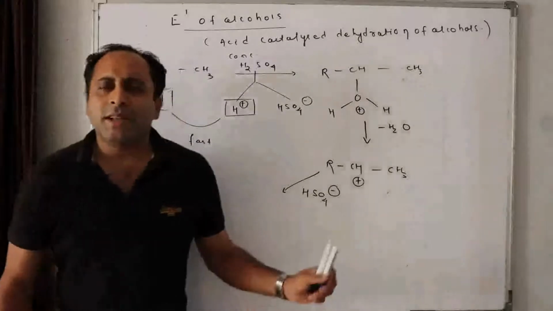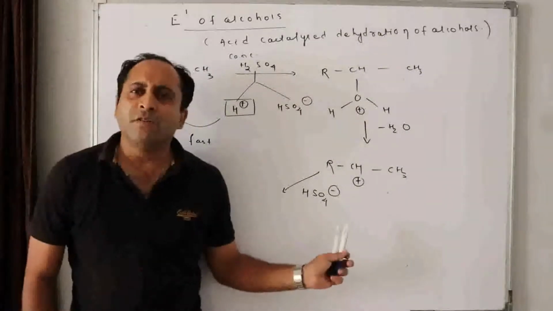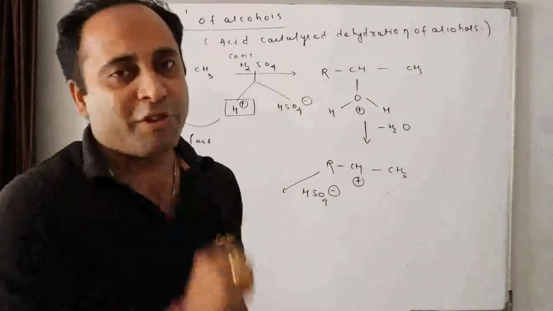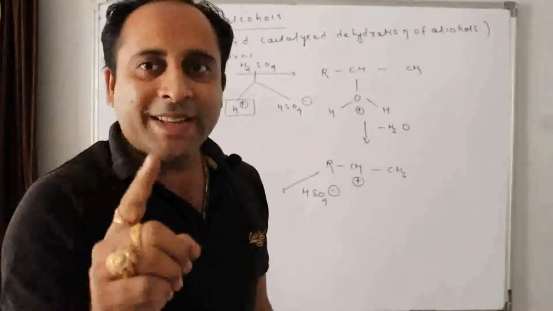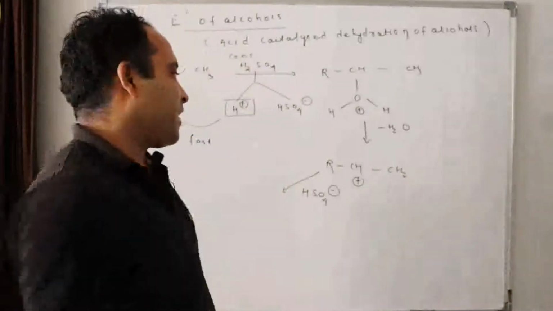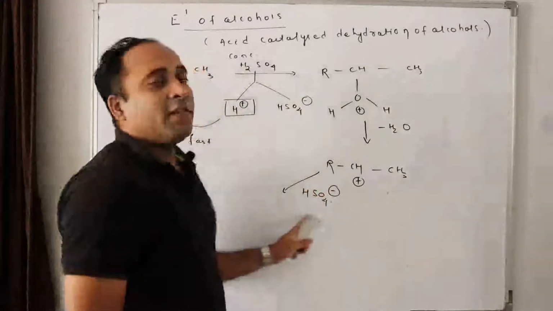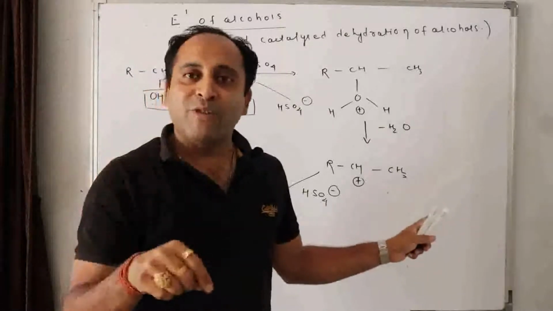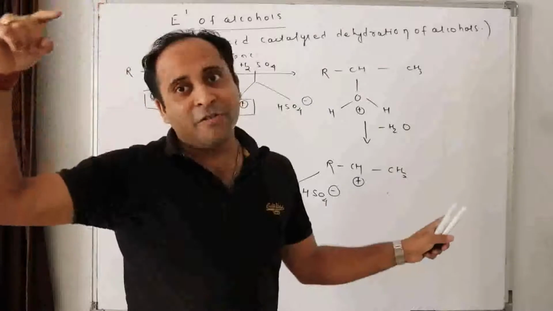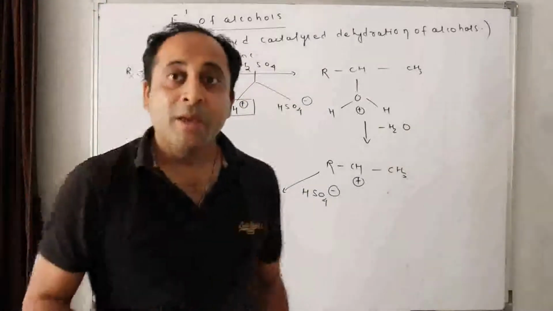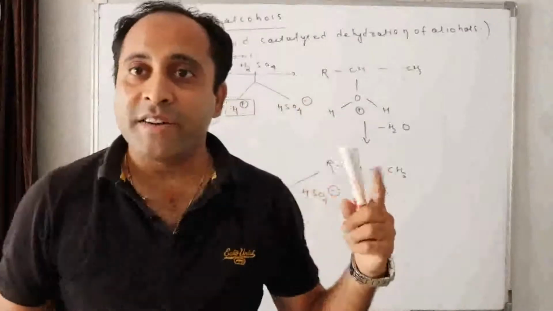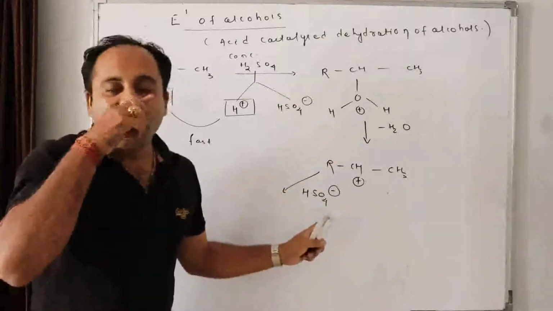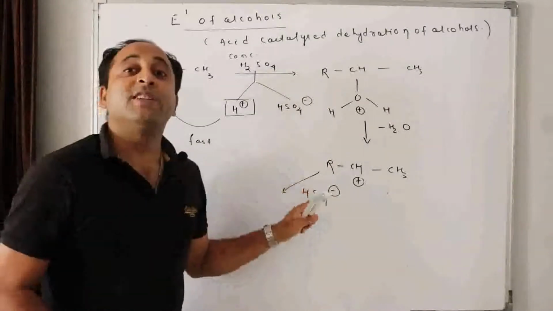Now the question comes, sir, is this only a weak base? Isn't it a nucleophile? Will it not go for substitution? No. Remember, in case of HSO4 minus, the basic character is dominating over the nucleophilic character. Therefore, there is no chance of parallel SN1. So preparation of alkene from alcohols is a better process than preparation of alkenes from alkyl halides. Because in alkyl halide, parallel SN1 reaction occurs. But in case of alcohol, there is no parallel SN1 reaction. Why? The basic character of HSO4 minus dominates its nucleophilic character.